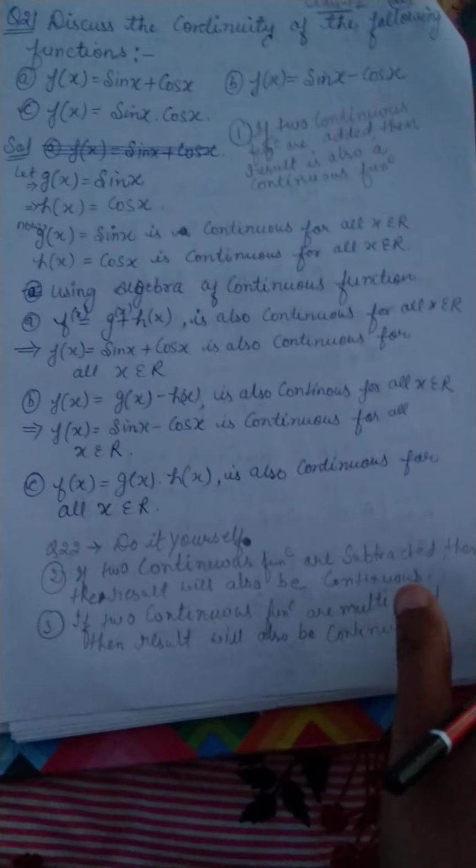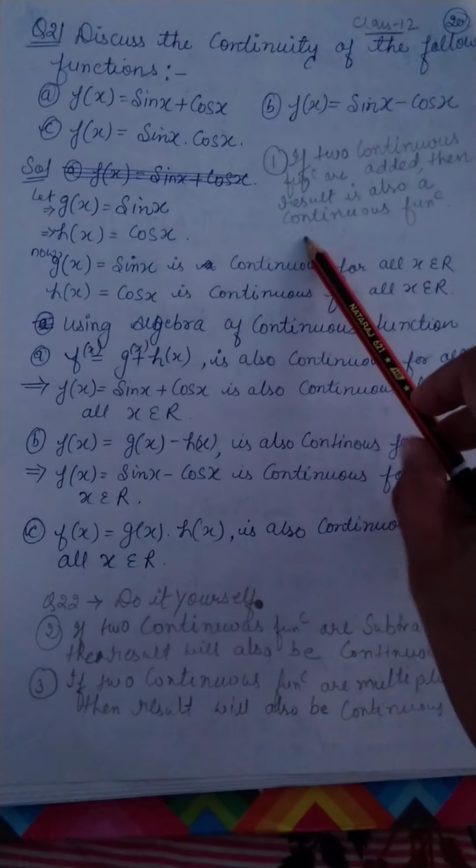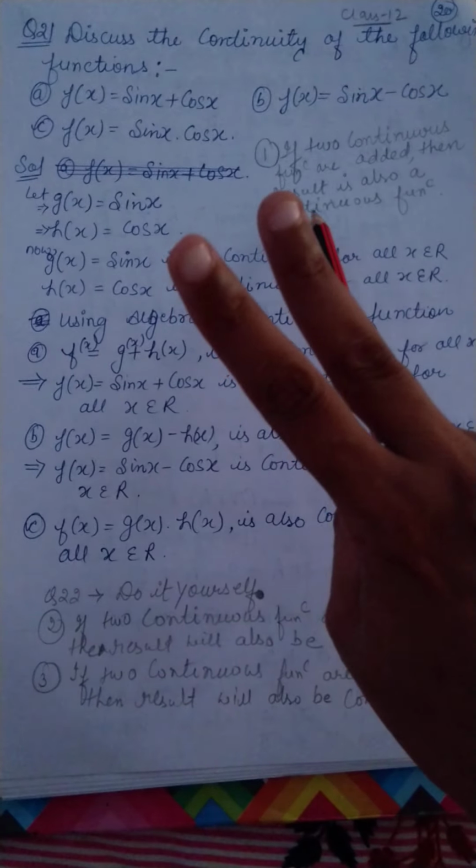It means बच्चा that as per rule 1, if you will add two continuous functions, the answer which you